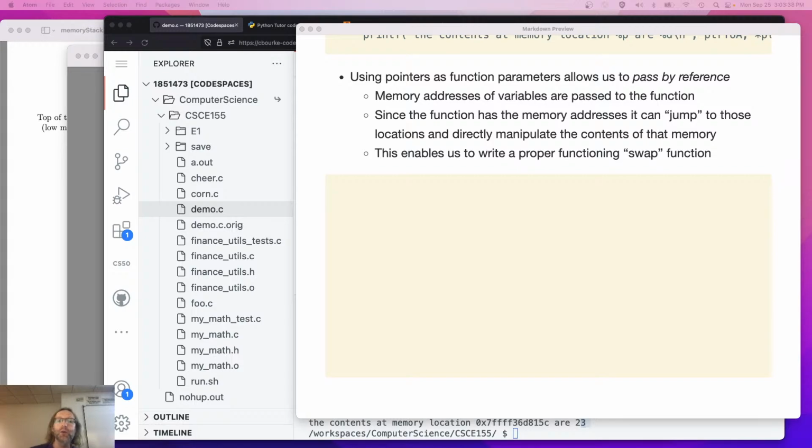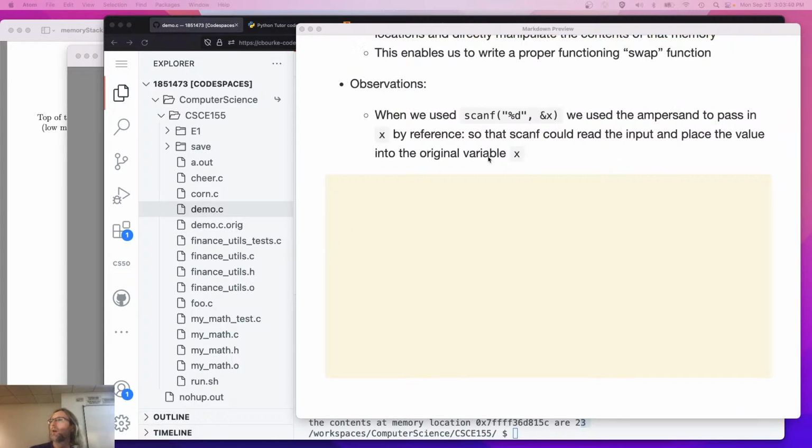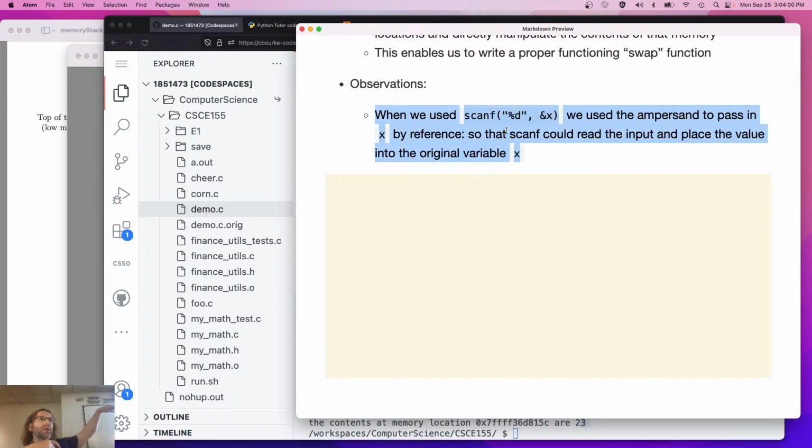Again, going back to the original use of scanf. Remember that when we used scanf, we needed to put an ampersand in front of x. Why? Because we were not passing x as a value, whatever was stored in x. We wanted x to be filled with a value. We used an ampersand to pass by reference so that scanf could read the input from the user and then jump to the memory location of x and put the value in there. If it couldn't jump to the memory location of x, it couldn't give you back whatever the user was typing in. If the user's sitting there mashing the keyboard, entering in 101,